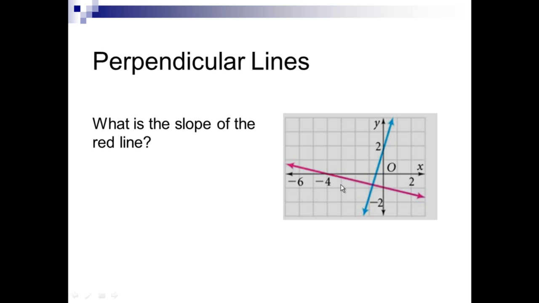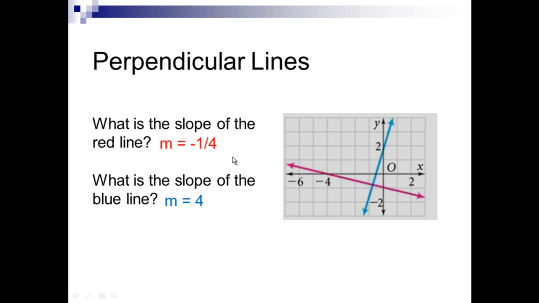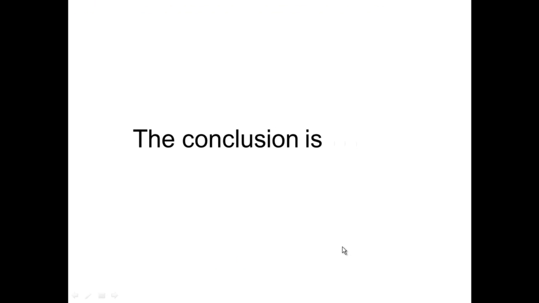-1/4, counting 1, 2, 3, 4. And then for the blue line, the gradient is 4/1, counting 1, 2, 3, 4. So gradient 1 is -1/4 and gradient 2 is 4. So M1 times M2 is -1. So perpendicular lines have negative inverse gradients. The conclusion is